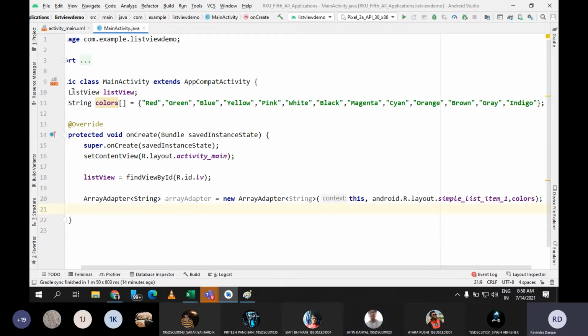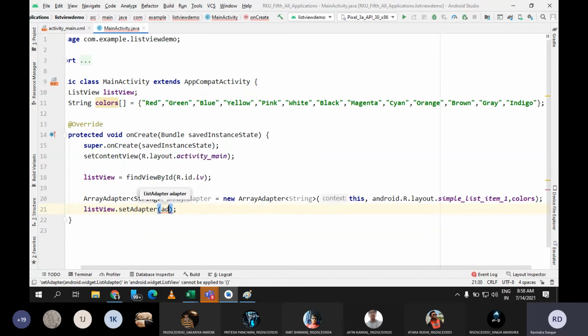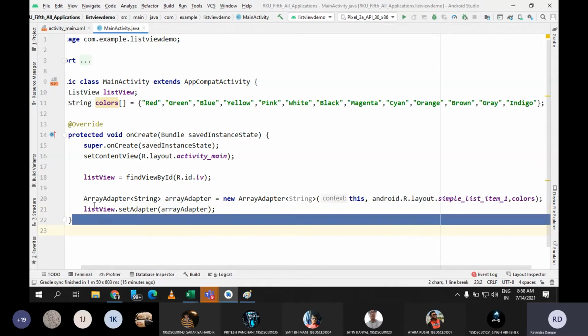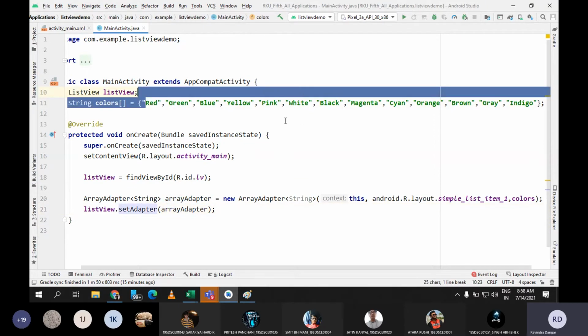So inside whatever component you want to set the adapter, you can use that object. In our case, it is list view. So we write list view dot set adapter, and we pass the object of array adapter. That's it. We have created an array, we have created an array adapter, and we have set the adapter inside the list view. So now we should be able to display all the items inside the list view.